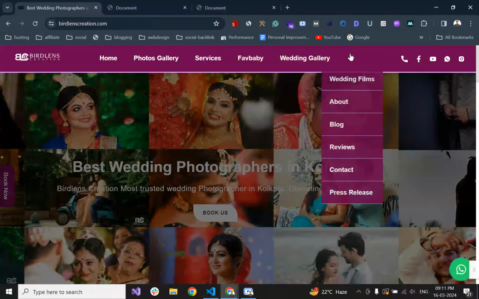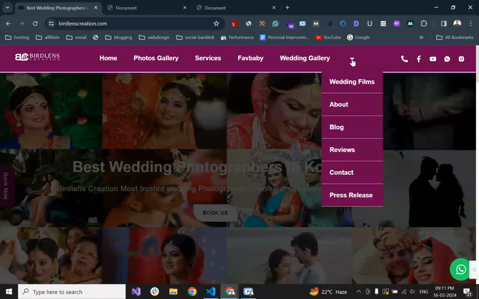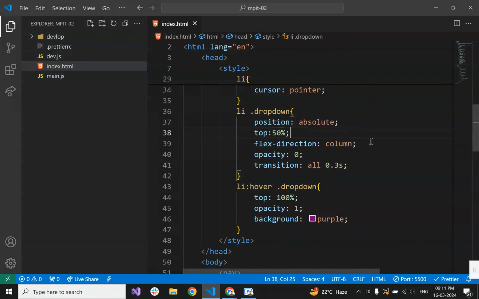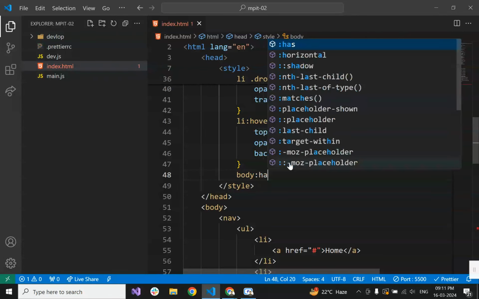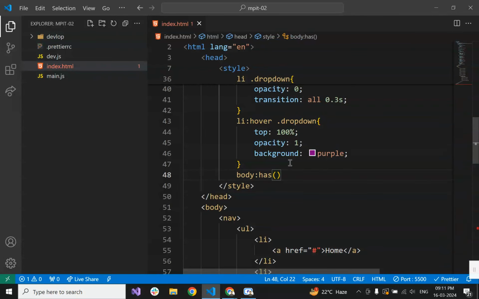And when we are hovering on this, the body background should become something opaque, like this. When we are hovering on this, the body background changes to black. So we are going to make it. So what we want to do: if body has li hover,